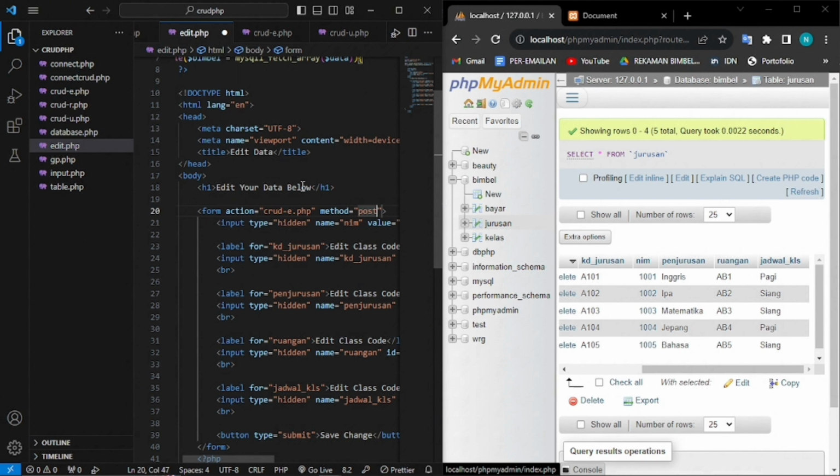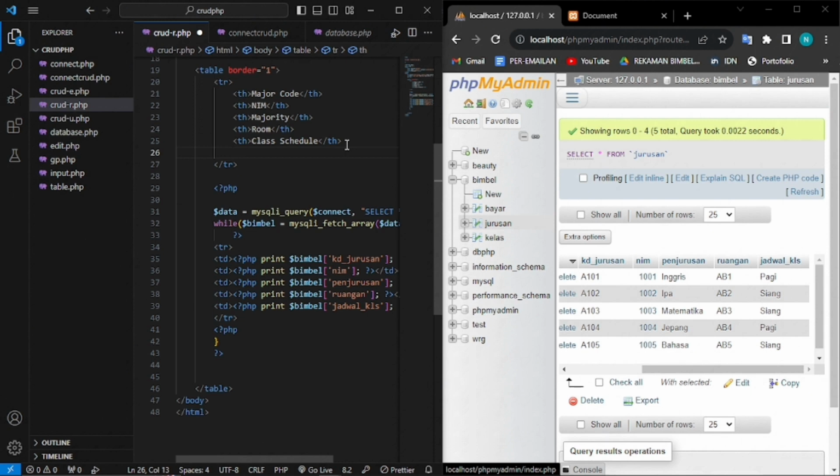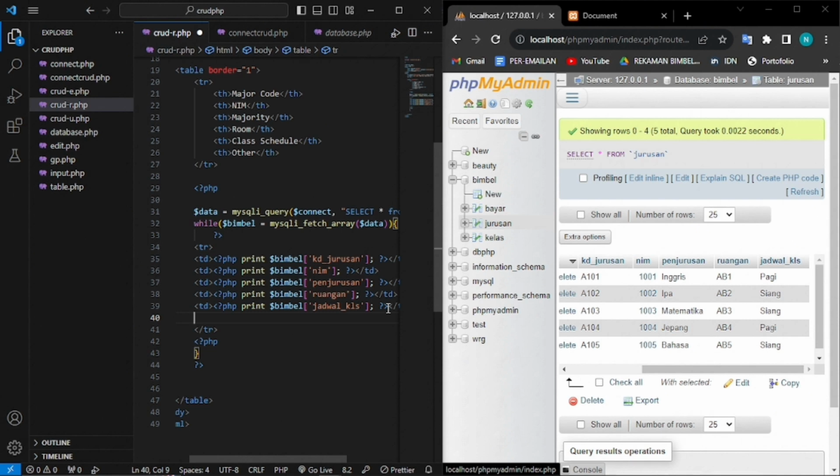And then after that, in the table CRUD, I'm gonna add tag th here, and then this one I'm gonna add a tag, but I'm gonna make it tag a, and have edit.php like this, and then I'm gonna use this name,